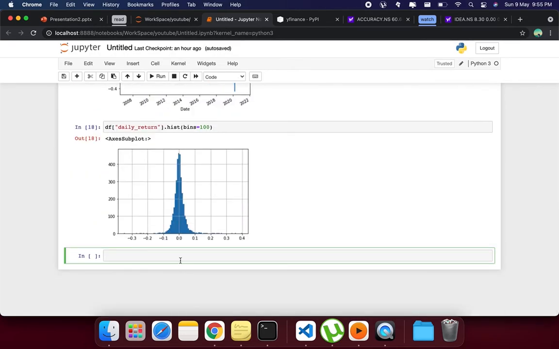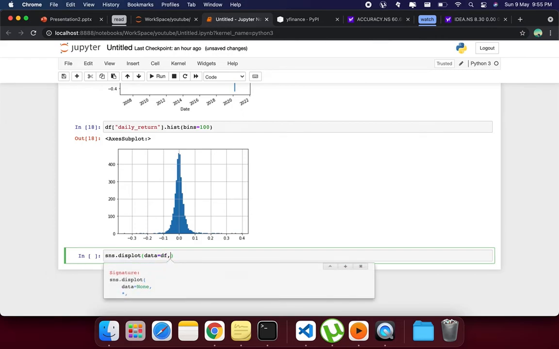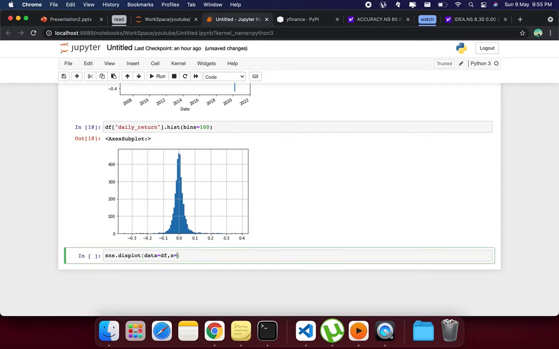Let's use SNS to plot that. This plot, data equal to df, x equal to daily returns, and kind equal to KDE.